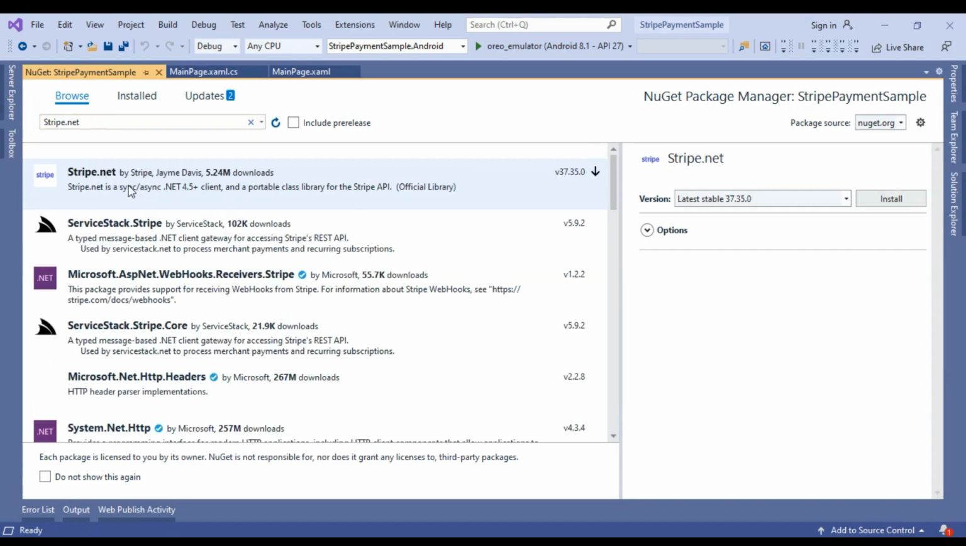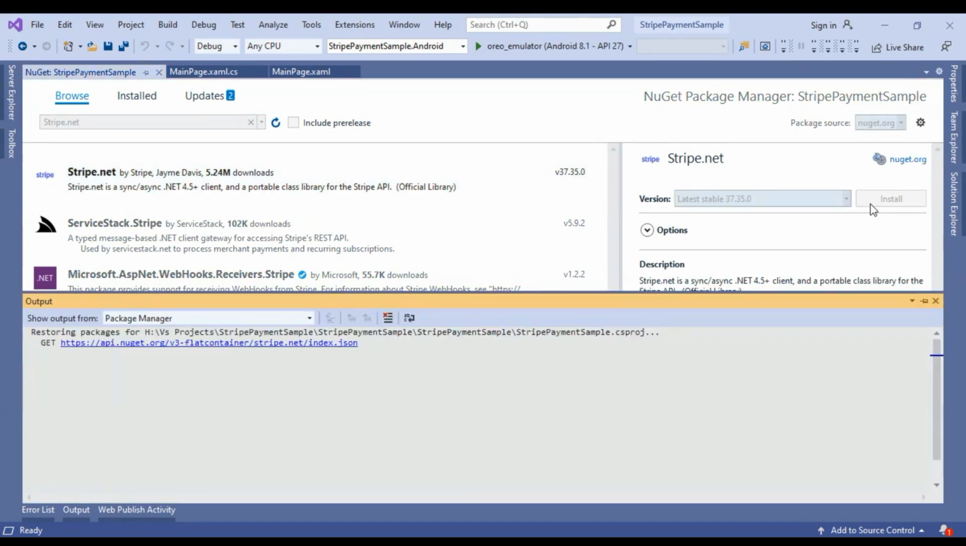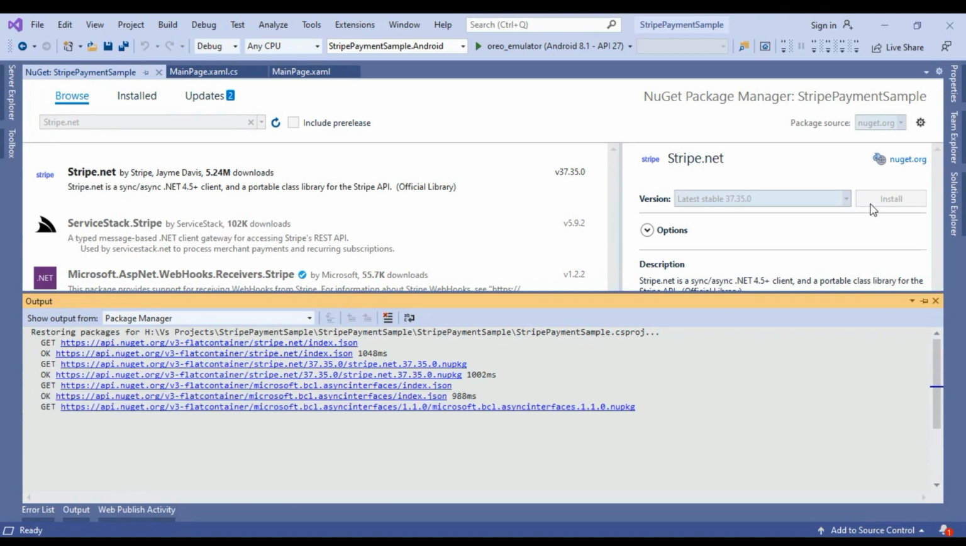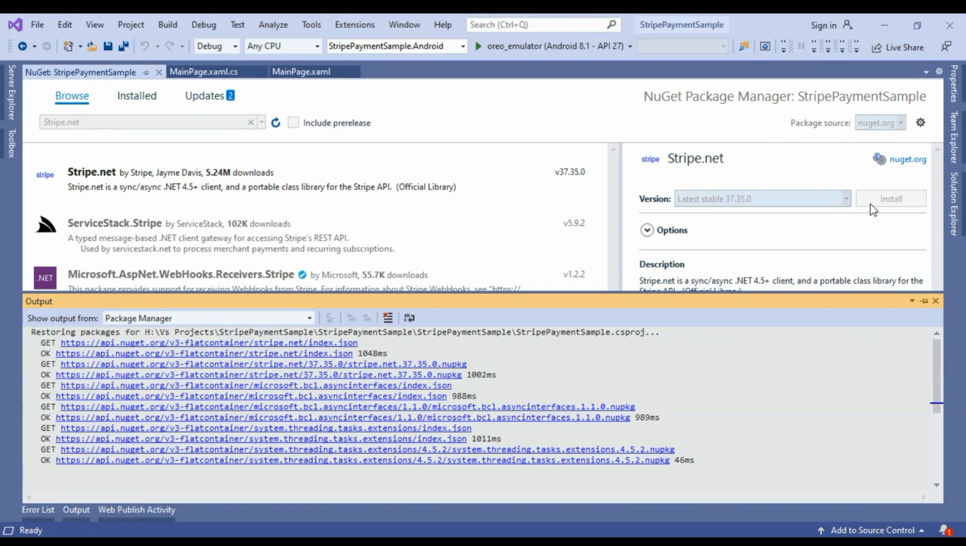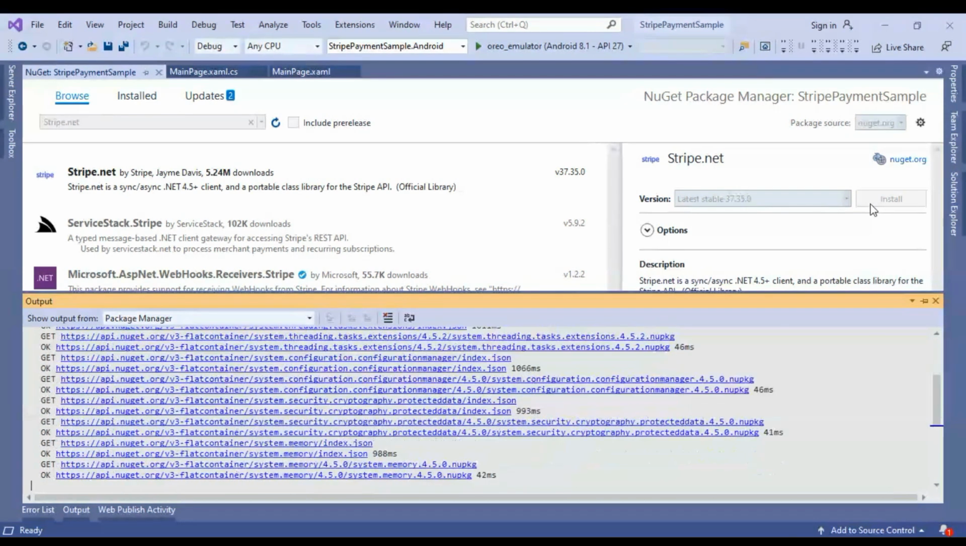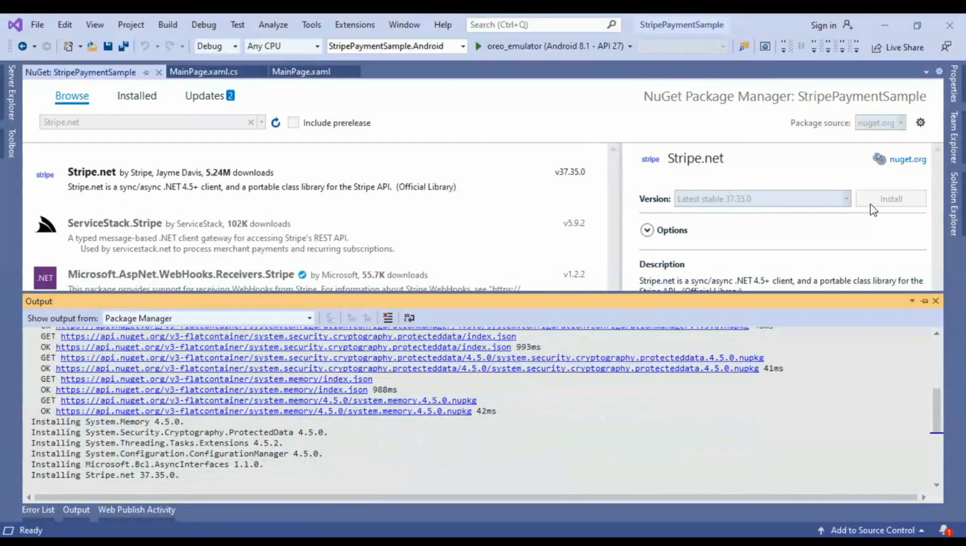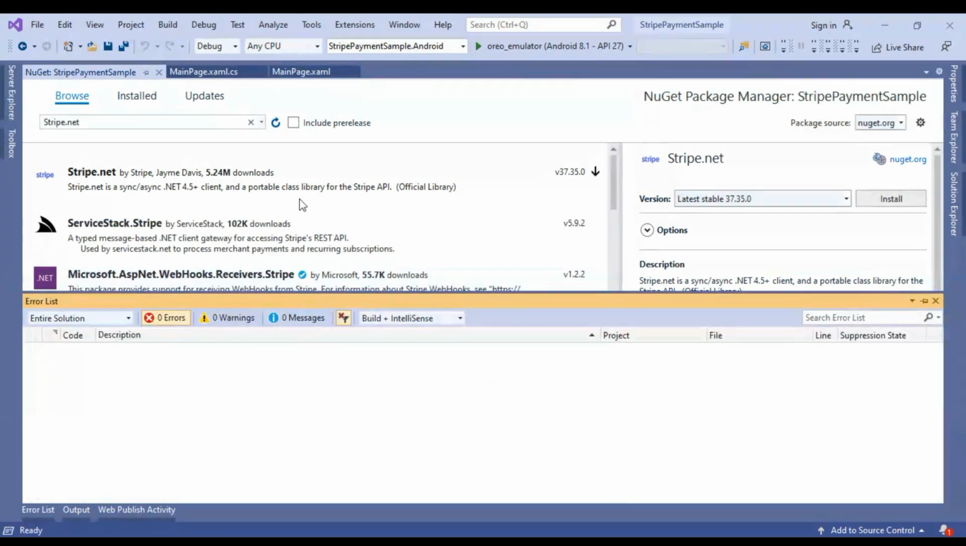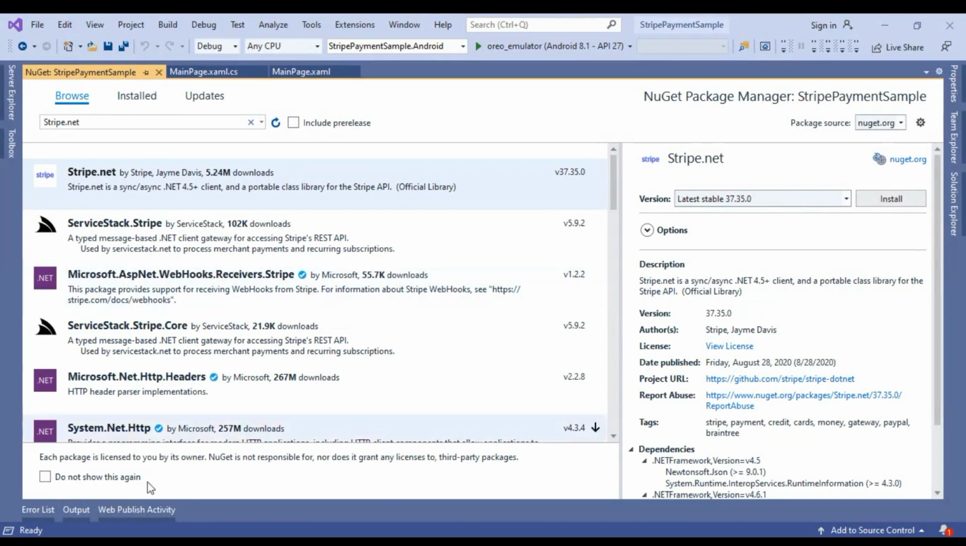Okay, so install the stripe.net dependency to the PCL project, because we are going to implement this gateway inside this PCL project only, because it is not a platform specific project. So if we use this implementation inside our PCL project, it will work on every platform. Okay, so after installing the stripe.net dependency, we are going to write a few lines of code for payment. Okay, so it's successfully installed, and